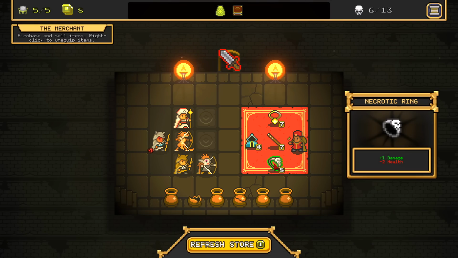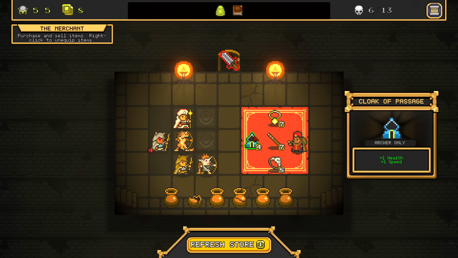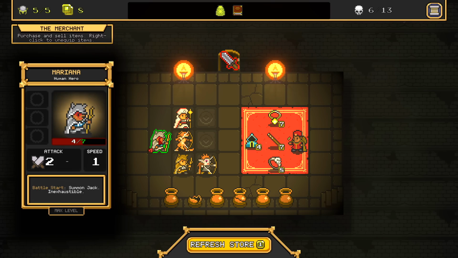So what does this do? A necrotic ring. So it gives you more damage but makes you weaker in health. The adept staff will give you +1 damage. He doesn't have his second slot unlocked, though. He has a slot unlocked, so we can continue making him stronger. We can get 1 health and 1 speed on some...